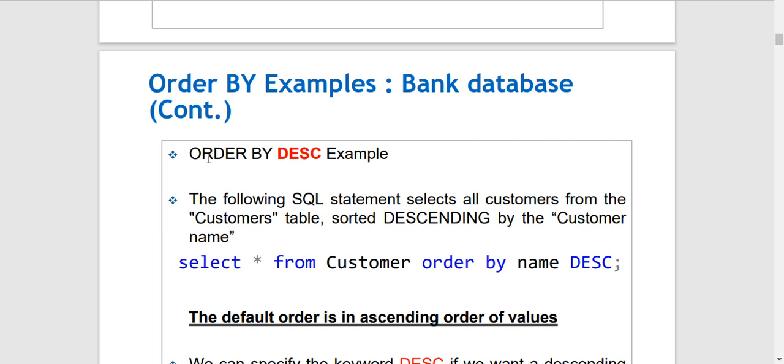Another example, ORDER BY descending example. The following SQL statement selects all customers from the customer table sorted descending by customer name. We can type the statement: SELECT * FROM customer ORDER BY name DESC. This means your results show the customer data sorted by